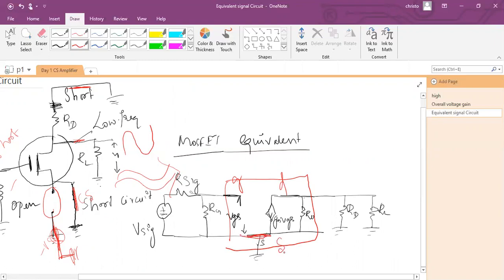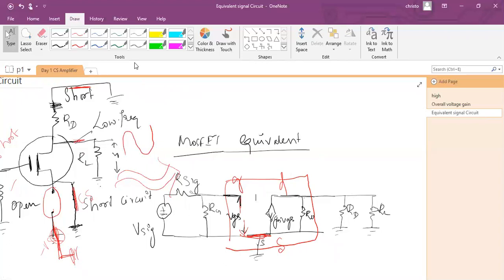So what will happen? Gate and source is open. We already knew it from the small signal equivalent circuit model of the MOSFET. So gate to source is open. The VGS appears between gate and source, VGS is applied between gate and source, and